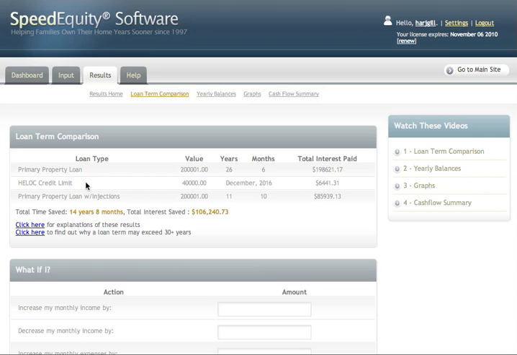Now, we're assuming we're utilizing option number 2, where we've got a smaller HELOC in second lien position, and that smaller HELOC is going to be paid off in December of 2016 and cost just over $6,400 in interest. And finally, the third row is the primary property loan with injections. So we've got the smaller HELOC and we're making injections from it into this primary loan, and consequently that loan is now going to take 11 years and 10 months to pay out and cost us just under $86,000 in